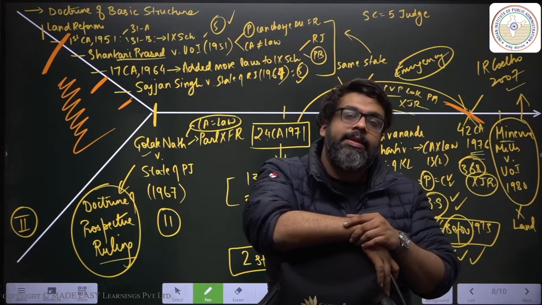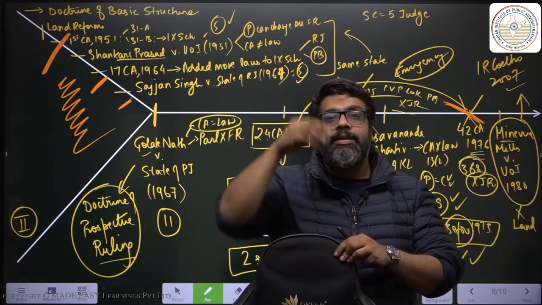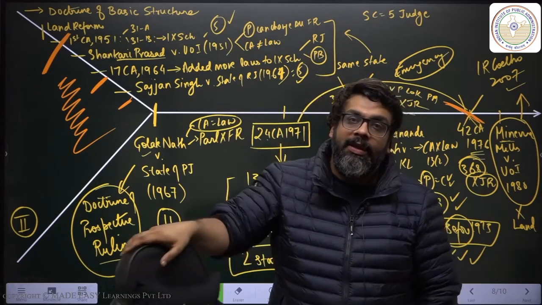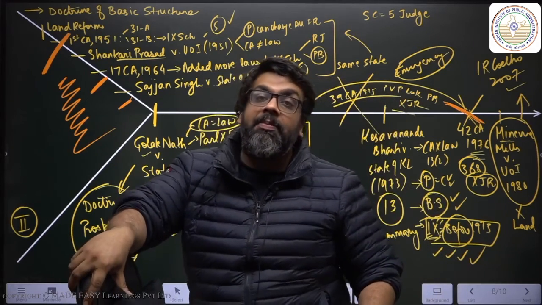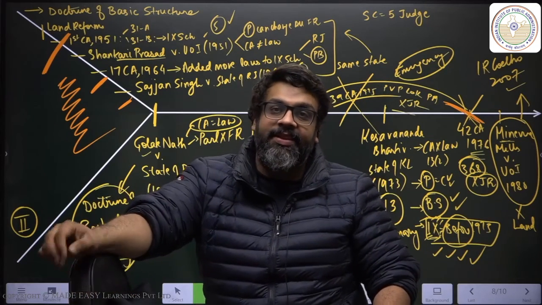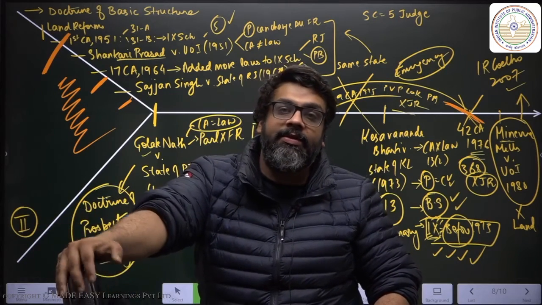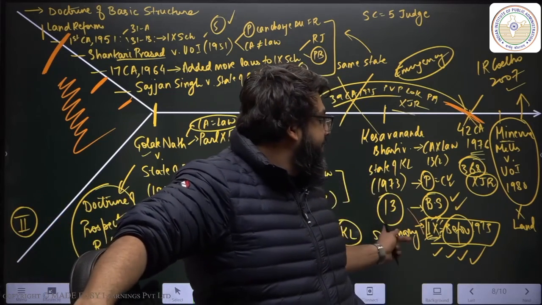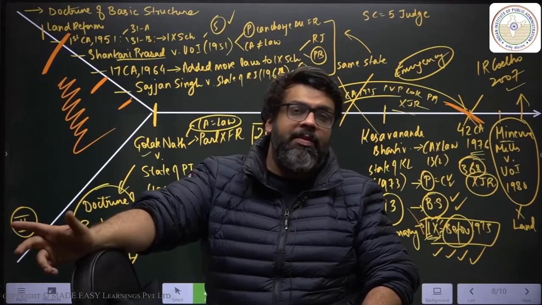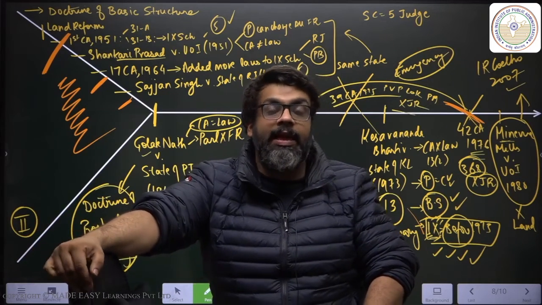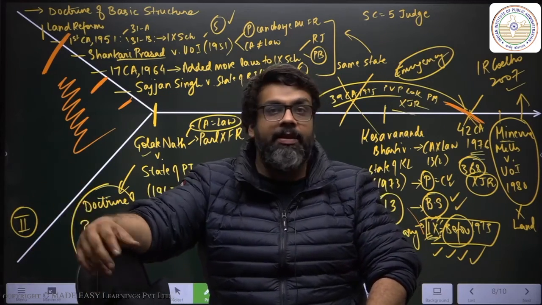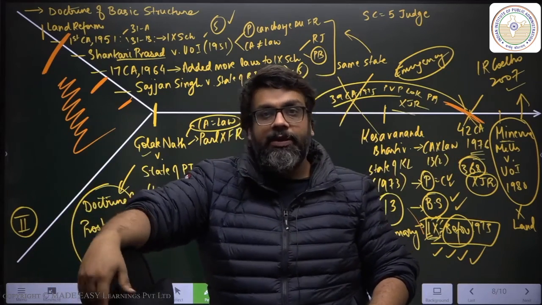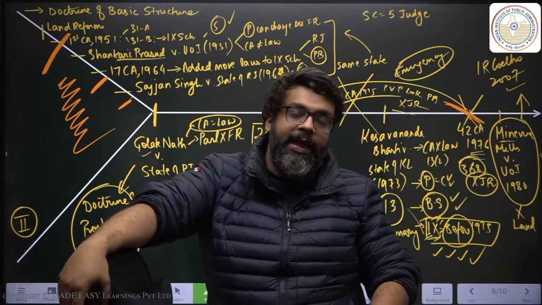And the beauty is, basic structure does not exist. It's nowhere written. So if it's not written, how will the Parliament change it? The only way you can really strike basic structure down is if you have a minimum 13-judge bench or a higher bench of the Supreme Court, which seems very, very unlikely. Or the Parliament tries to take a backdoor route like the 42nd or the 24th Amendment, which also seems very unlikely.